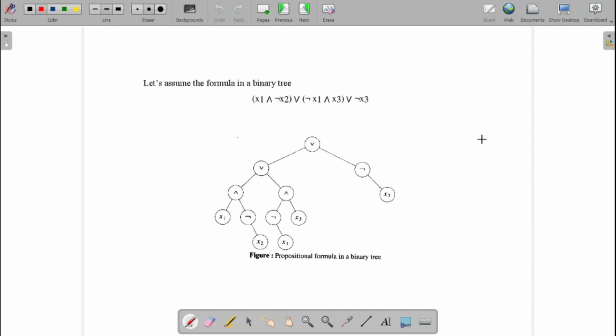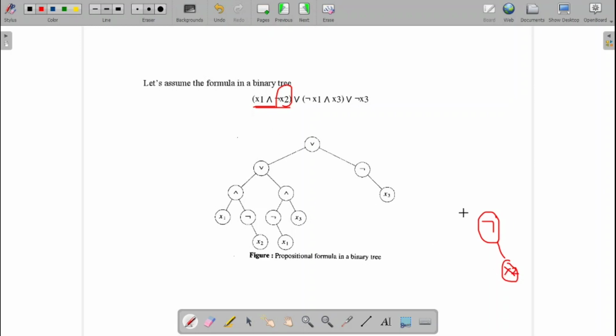Fine. So that is one such expression, and here is another expression. Whenever an expression is given, you can write the tree for it. For the tree, first this part is to be solved, that is x1 and not of x2. We can make not an operator, then you have not of x2.